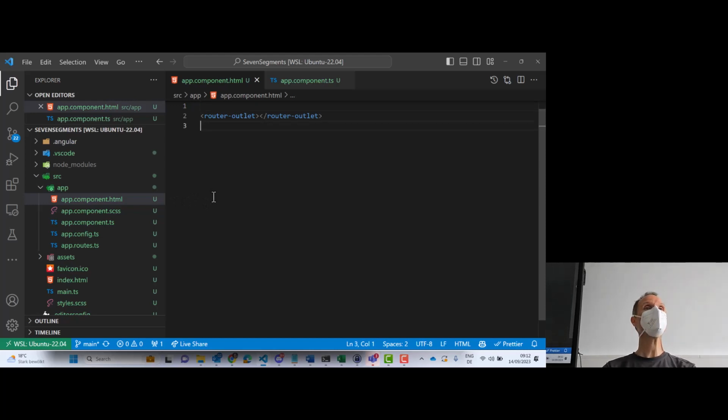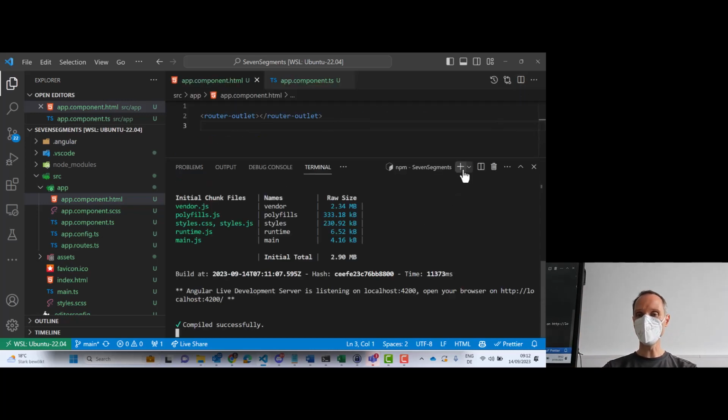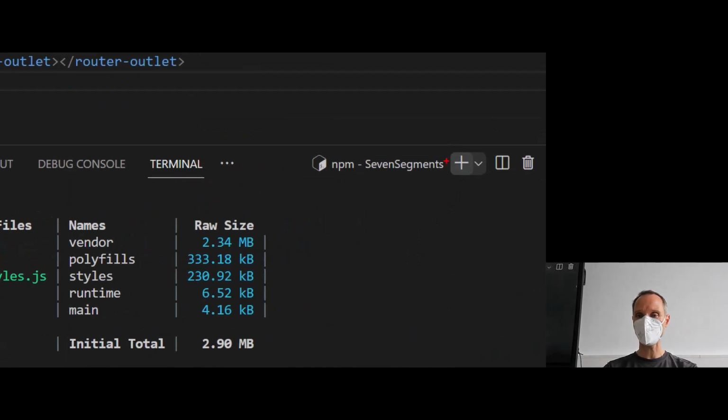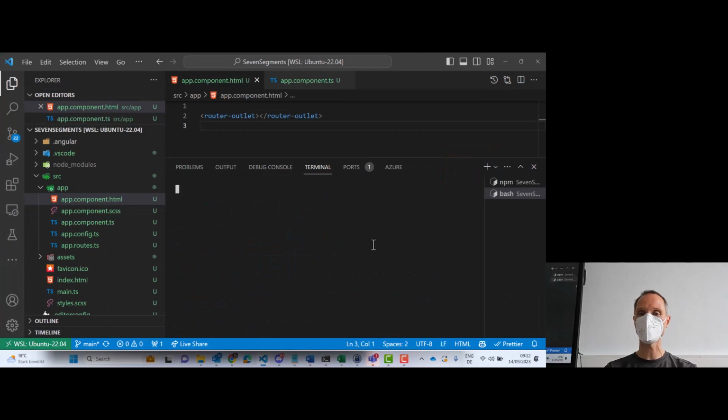Good. Let's quickly refresh our memory about how the router outlet works and how routing works, just to make sure that you can remember everything, because we are going to need that one. I will use this plus sign here in order to open a second terminal directly here in Visual Studio Code. And in this terminal,